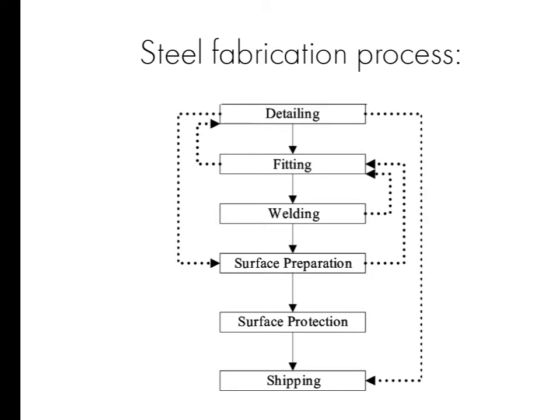On many occasions, steel pieces are moved from the initial stage directly to shipping if no welding is required. Other pieces could potentially move back and forth between fitting, welding, and surface preparation. Occasionally, pieces can move from fitting back to detailing, such as in the case where matching drilling is required. Typical and occasional flows of steel materials are illustrated in this flowchart.